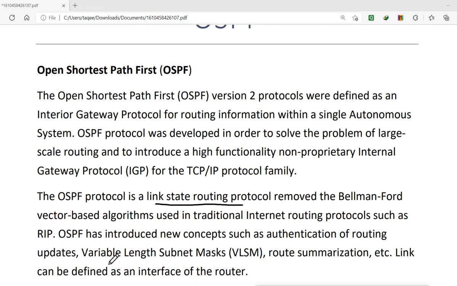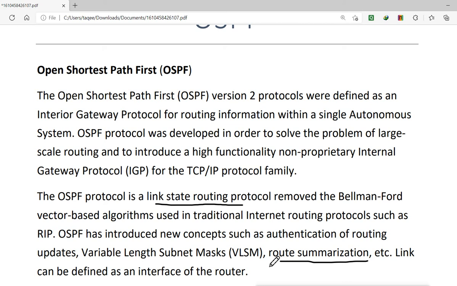Then it uses VLSM, so we can say it is a classless routing protocol that can support VLSM. One more thing it has is route summarization. Route summarization is required when you have a big network, because OSPF was designed to support big networks. That is why it requires route summarization.